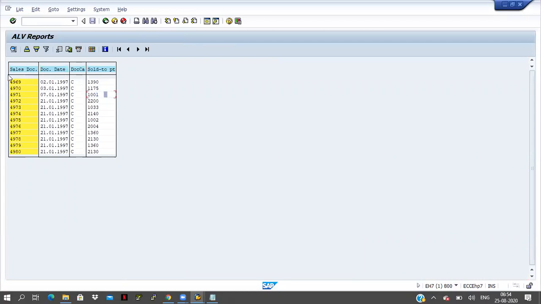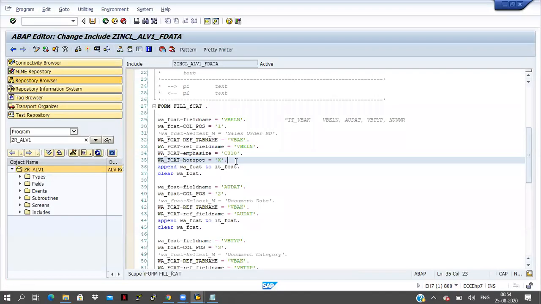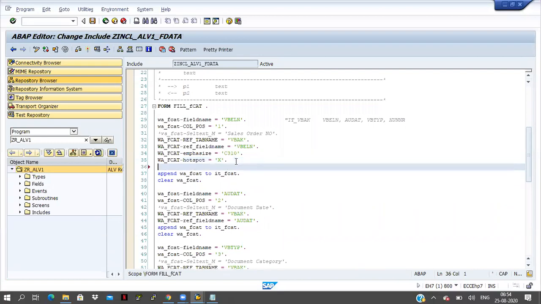And here I want to add check boxes. So how is it possible? Same thing in the field catalog only. Checkbox equal to x.